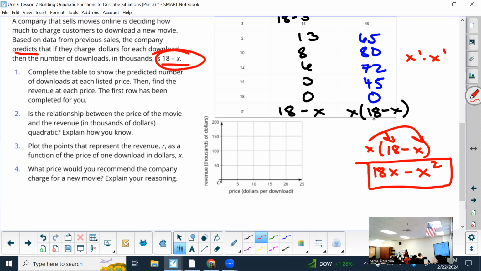Okay, the order of operations. You can't just write it however you want. It has to be times the difference of them. So good. Now for the next part, you're going to see the relationship between the price of the movie and